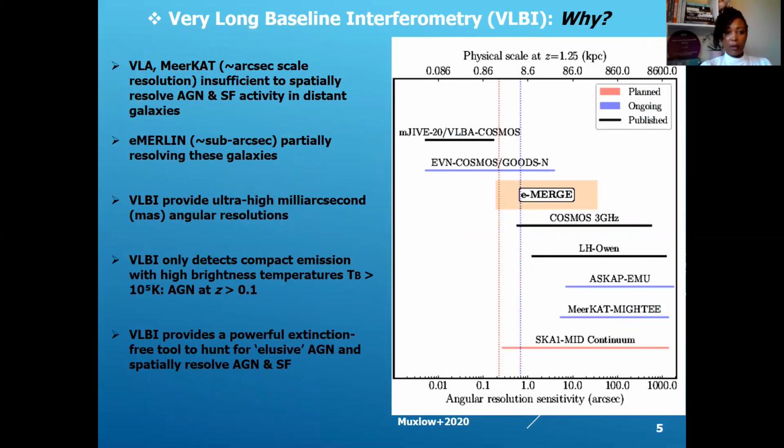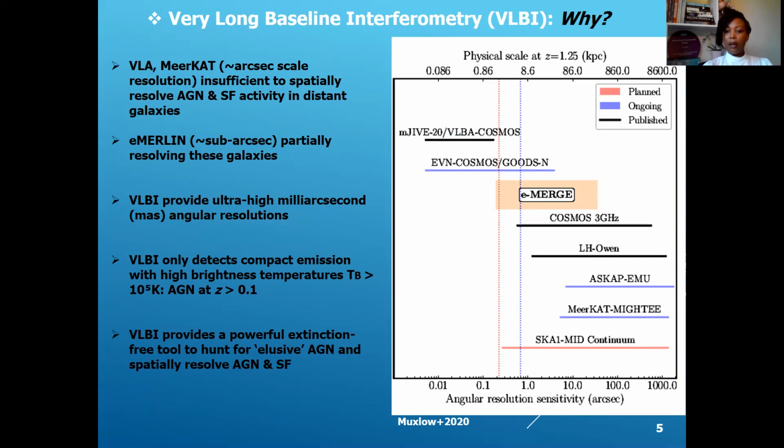Observations with the VLA at arcsecond angular scale resolution are insufficient to spatially resolve AGN from star formation activity in these distant galaxies. Just further to note that e-MERLIN observes at sub-arcsecond angular scale resolution as well, and is only partially able to resolve some of these